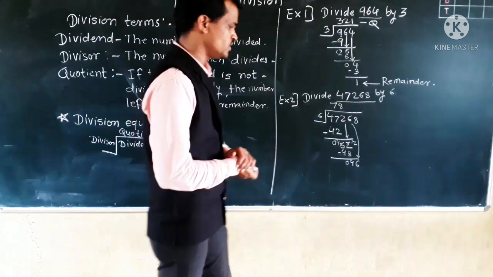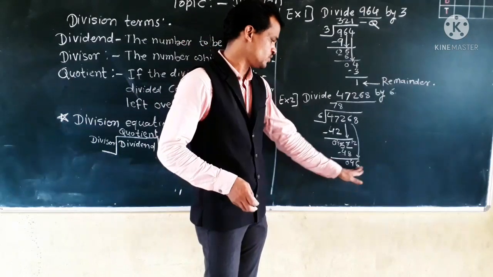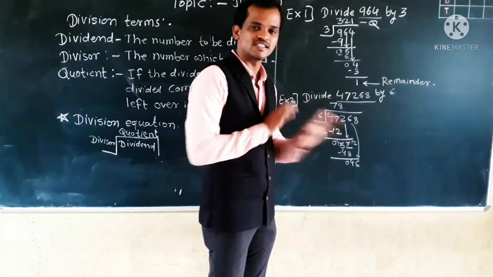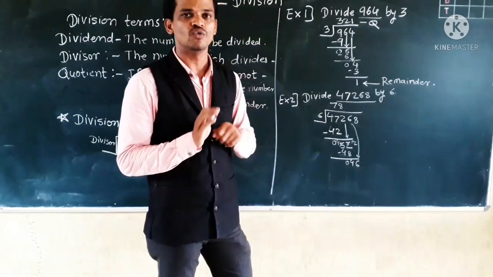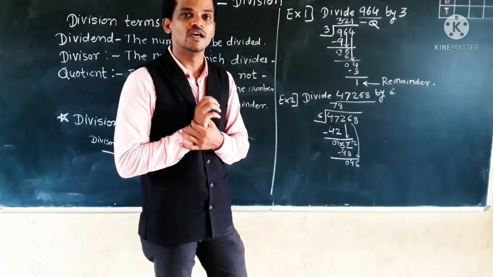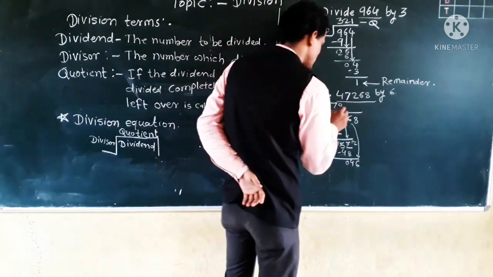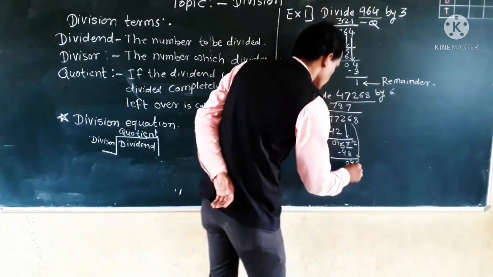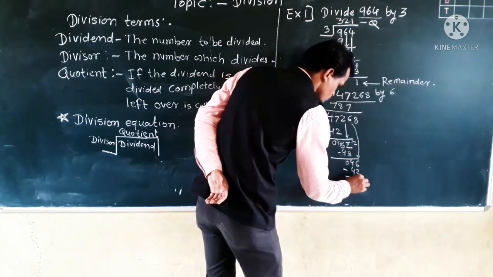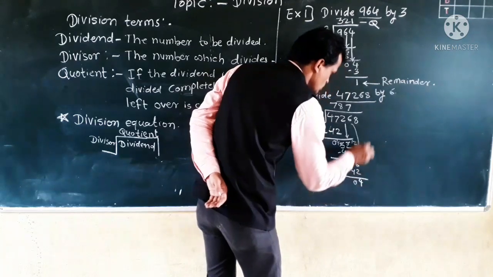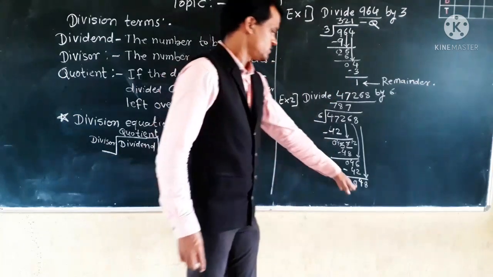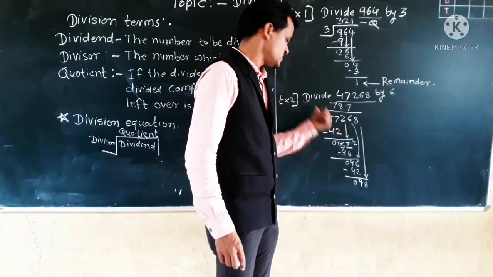46 number is formed. Now you have to decide whether this 46 is divisible by 6 or not. You can observe in the table of 6, 46 does not come. Okay, so what to do? Which is the smaller number than 46 that is divisible by 6? That is 42. Okay, so 6 7s are 42. Now do the subtraction. 6 minus 2, 4, and 4 minus 4, 0. Then take this 8 down here. Now decide whether this 48 is divisible by 6 or not.